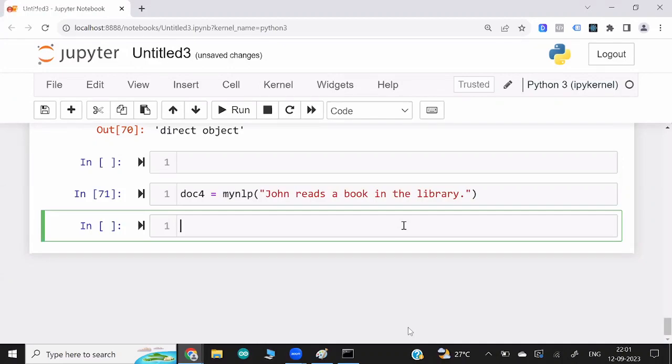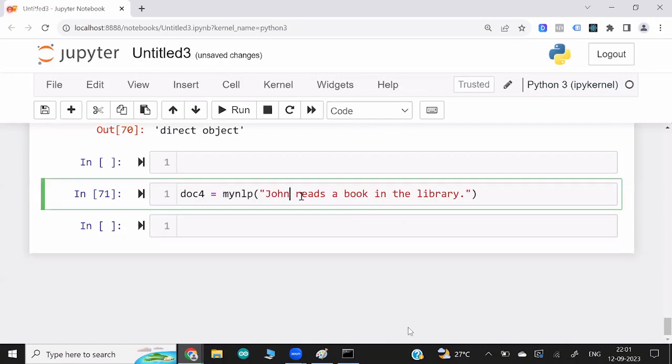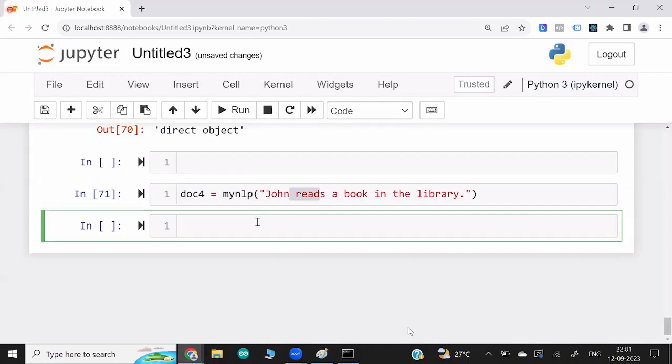Okay, that is connect all the things. Read is actually the key word. If you remove the read, then this sentence has no meaning. It's not grammatically right. Then it could be like a John book in a library. So it's not clear what is happening, right? It's wrong grammar. So we just talk about this particular